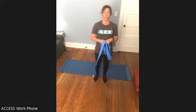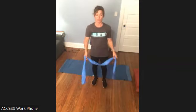All right, we have 10 seconds and then we're going to go to those thoracic extensions where we go up and over. Again, I'm going to use the band, but you could do this without one. Let's go up and then behind and then up and over. And this may feel different this round than it did the last round. Now that we're warmer and we've been using our body for about the last 30 minutes,